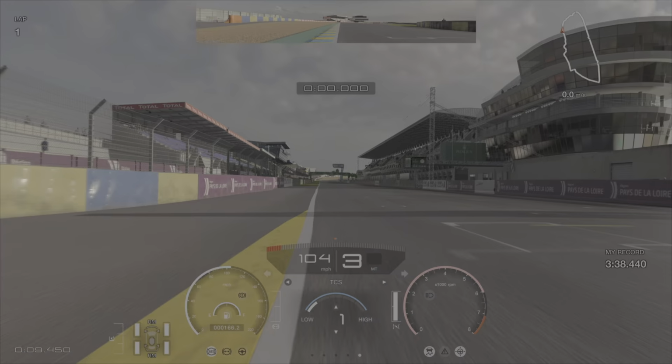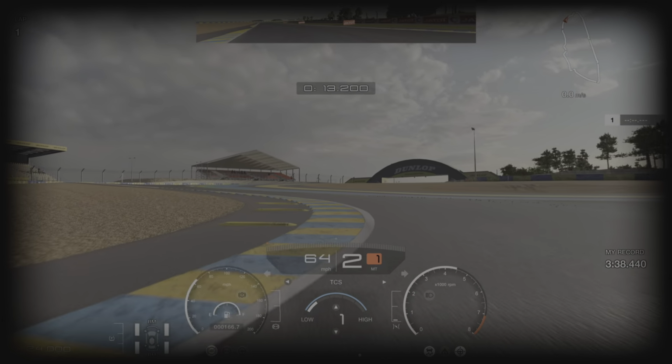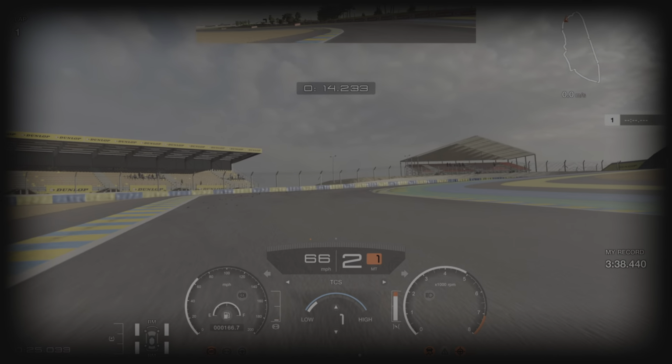So we're going to jump straight into this. This can be quite a tricky one, so we're using traction control on one and also counter steer assist just to help us. So as we come to this first red sign, just before there, we're coming down to first gear, and we're going to show you how much curb you can actually take. This is the one that you want to take as much curb as possible